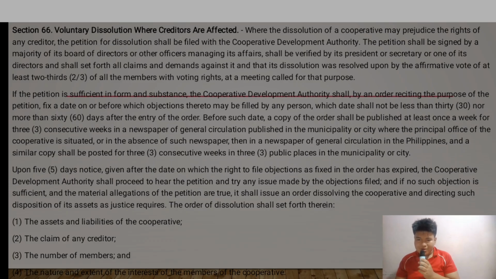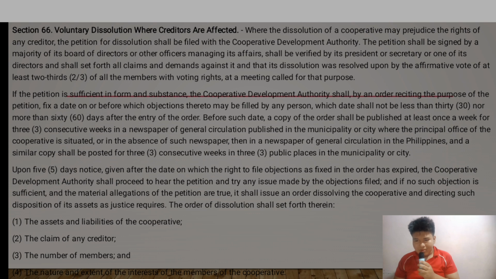Chapter 7, Dissolution of Cooperatives. This section outlines the process for voluntary dissolution of a cooperative when creditors are affected. It requires a petition filed with the Cooperative Development Authority, outlining claims and demands against the cooperative, and a resolution